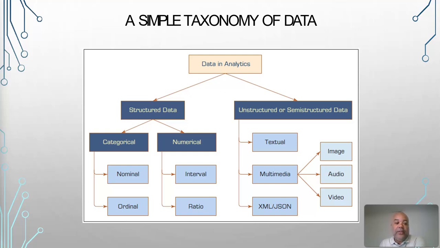On the other hand, we have unstructured data that lacks a predefined format, things like text, images, audio, video. And we also have semi-structured formats like XML and JSON. They have some level of organization, but they're not as rigid as structured data. So, for instance, a business might track inventory and sales using structured data in a database while collecting customer reviews or social media posts as unstructured data.